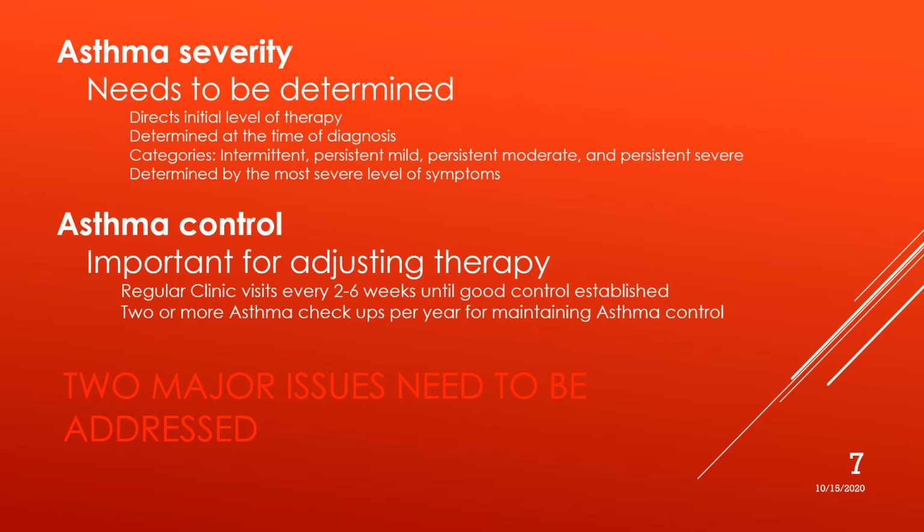Once you get this initial category, in other words, when you come to the doctor for the first time and you're diagnosed, they are going to put you in a category, and based upon that category is where your treatment plans are. So obviously, if you're intermittent, they might just say, which I'm going to get into in more detail later, intermittent, maybe you could just be managed by a bronchodilator, once a day.